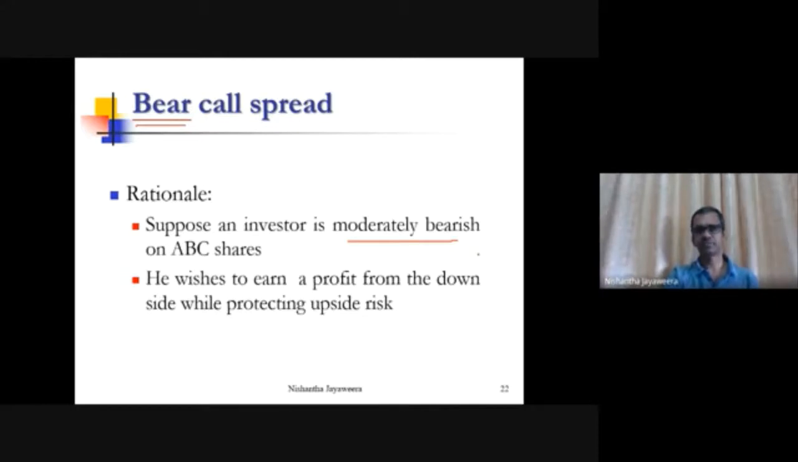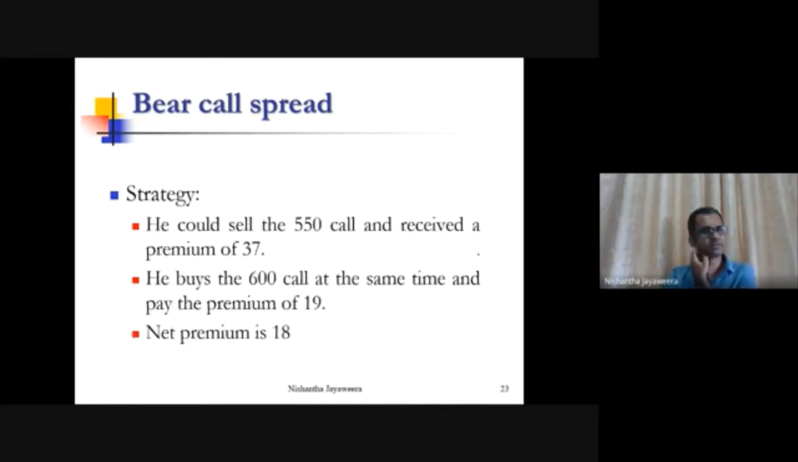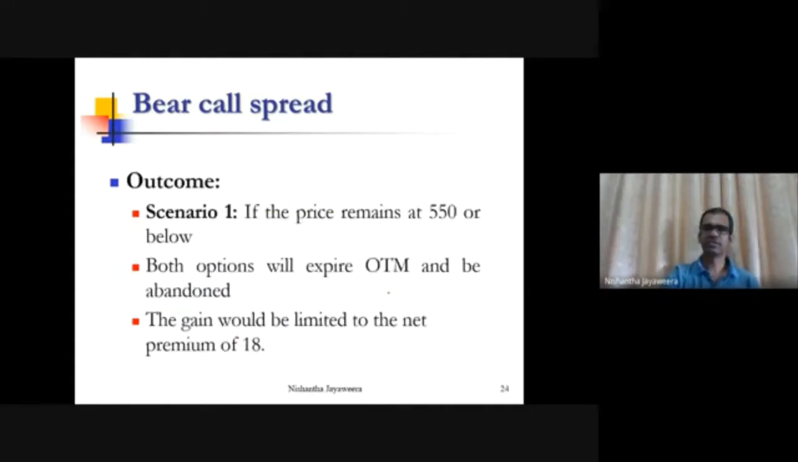Then you do this spread. So again, same thing, but this time you sell the lower strike and buy the high strike. The net premium is this time plus 18. Earlier it was minus 18. So the scenarios are the same scenarios that we had. Scenario 1, if the price remains at 550 or below,